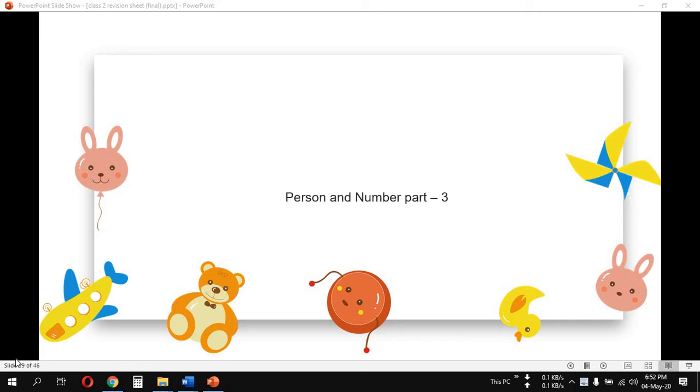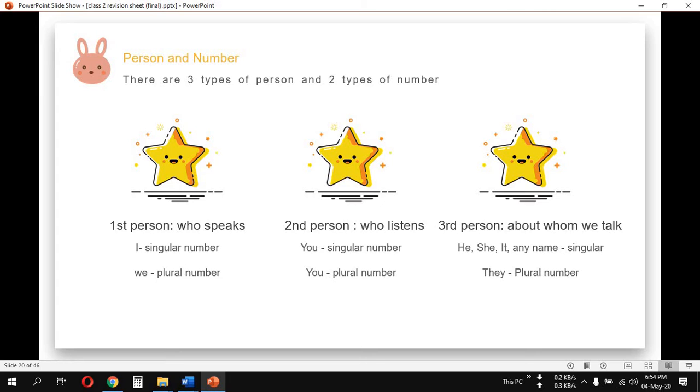I hope you all are doing well and you have understood what you were taught in the last 2 classes. Let's have a review before starting today's lesson. In the first class, we talked about person and number. There are 3 types of person and 2 types of number. The 3 types of person are first person, second person and third person. First person means who speaks,